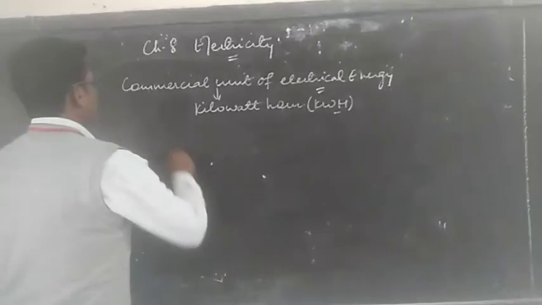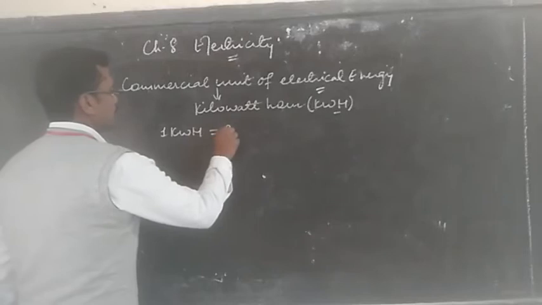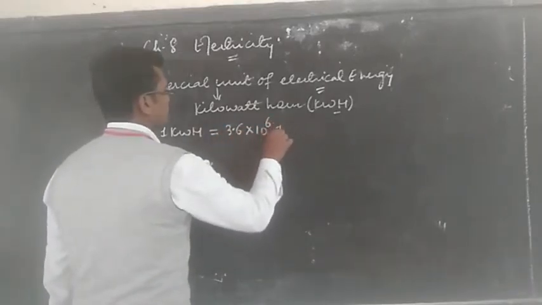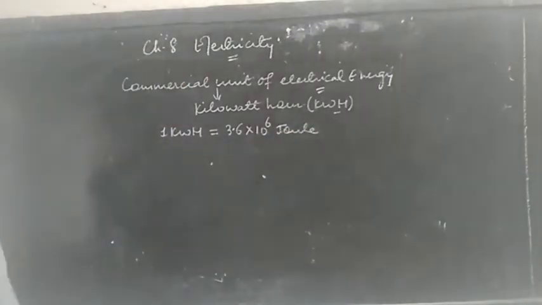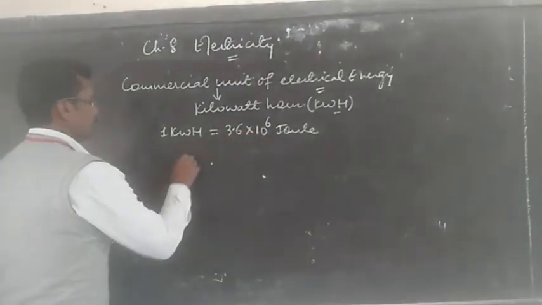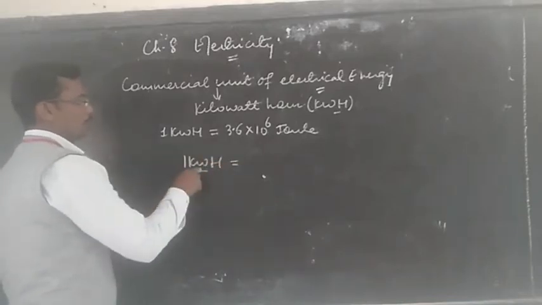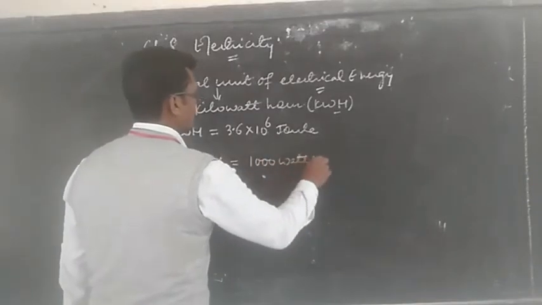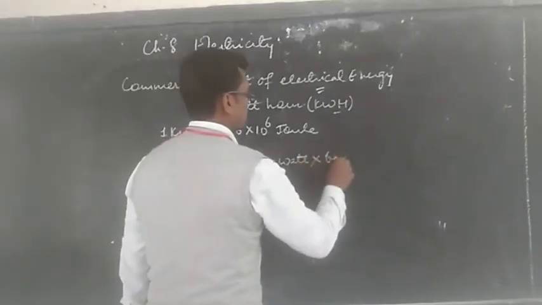You should also know one thing here, that when we express kilowatt hour in terms of joule, it is coming equal to 3.6 into 10 to the power 6 joule. Let us see how we can derive 1 kilowatt hour into this joule. So 1 kilowatt hour can be converted into watt, this kilowatt, which is equal to 1000 watt, and convert this hour into second, which will be 60 into 60 seconds.